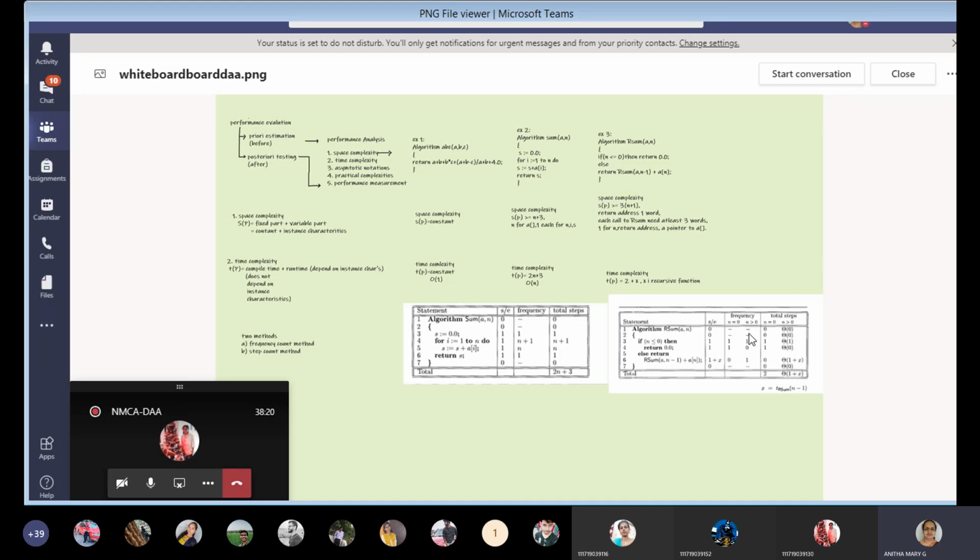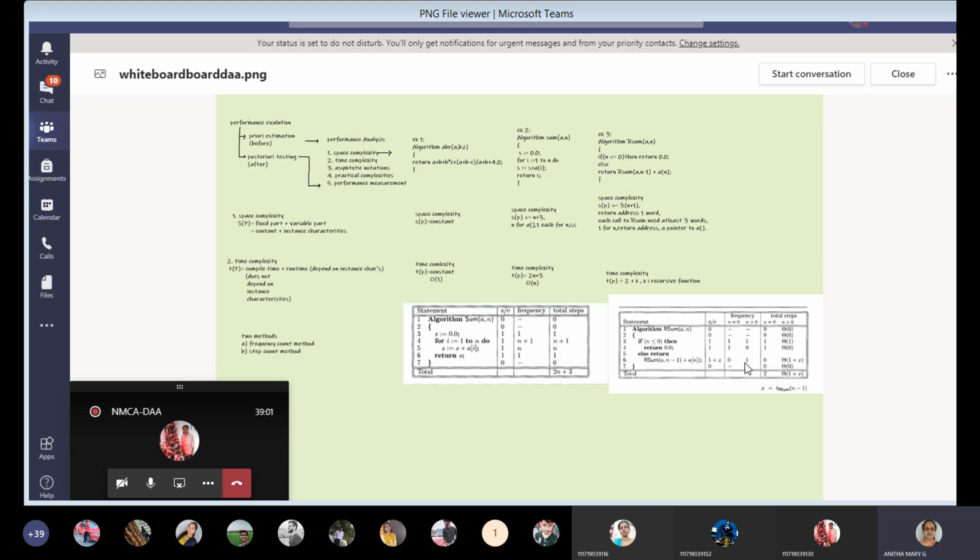Why, tell me? When n is greater than 0, it is not satisfying the base condition, so it won't enter the loop. So that's why it is 0. When it is the base condition and it enters, this return statement we write as 1, whereas here we write 0. Because when the condition is n greater than 0, it won't enter here. So that is 0, but it will check whether it is true or not. So the condition line takes 1 unit of time, since it won't enter the body of that condition, since it is false.